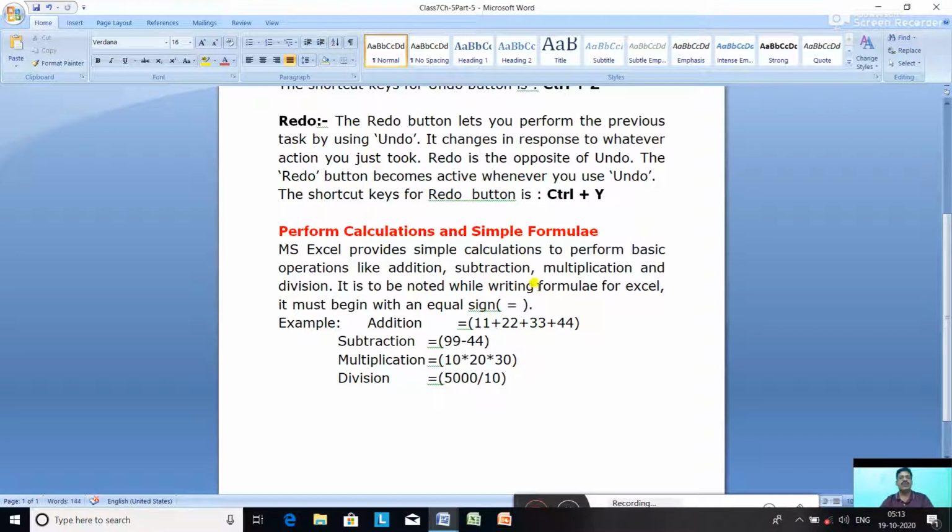It is to be noted that while writing a formula in Excel, it must begin with an equal sign. For addition, we write the equal sign and then the formula within brackets. For subtraction, the equal sign, then the formula within brackets. Now let us see these operations one by one in MS Excel. Open MS Excel.